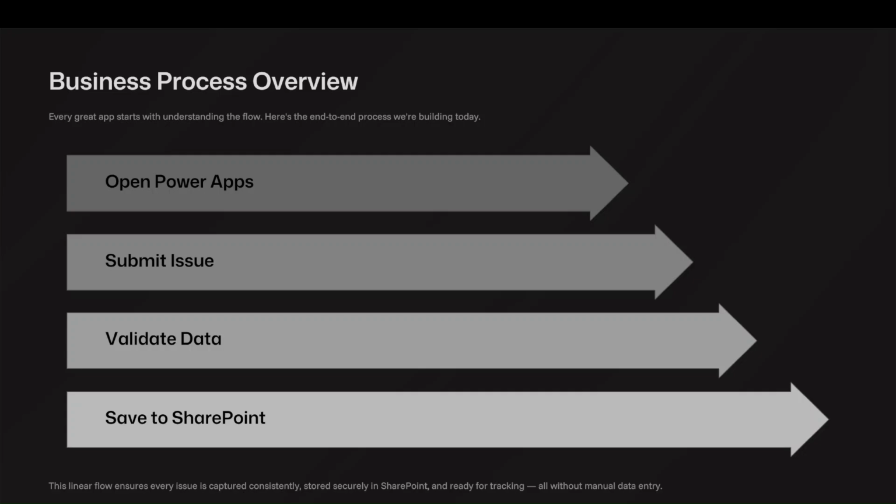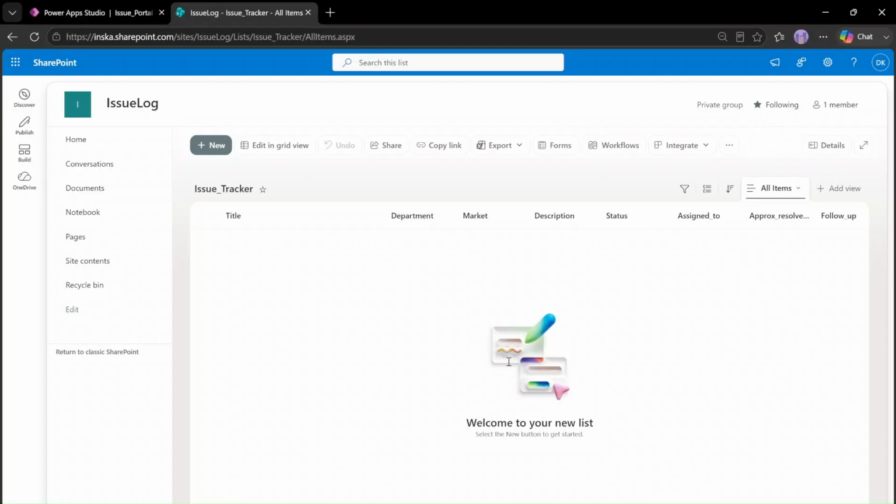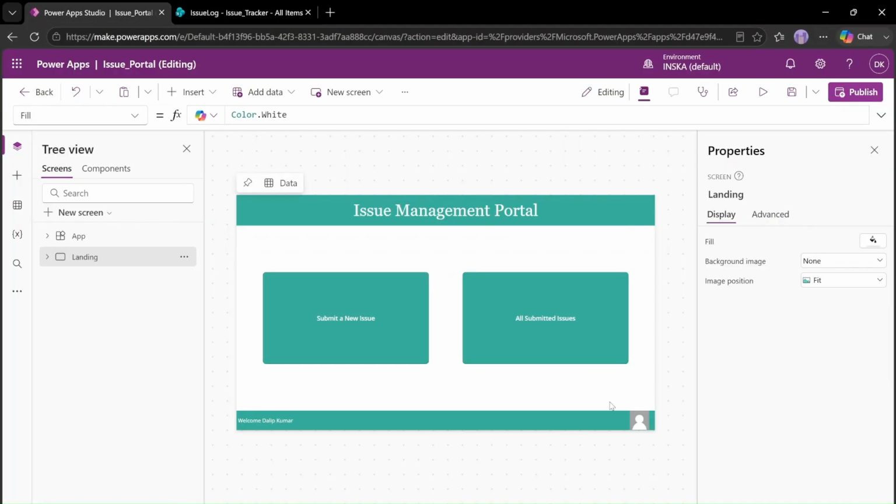So let me quickly hop over to make.powerapps.com. Right, so we are in the Power Apps Studio and we can see our landing page here. We have already built two buttons. One is for new submission, the other one is for all issues. Now, like I said in the past,